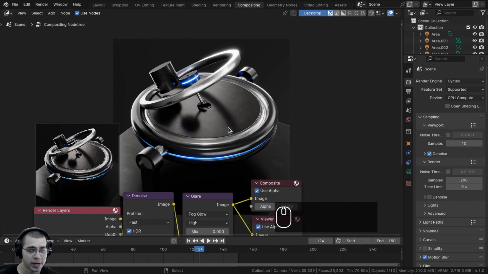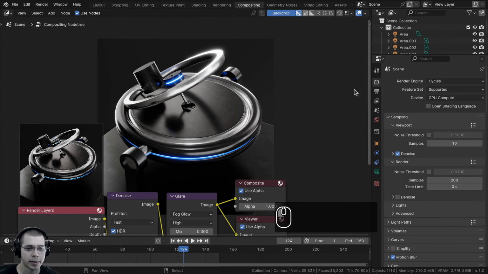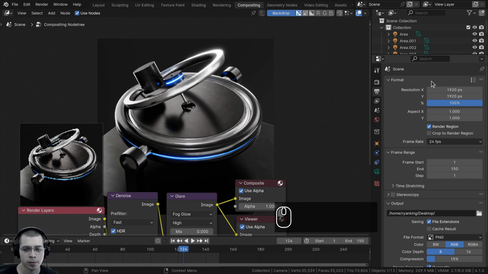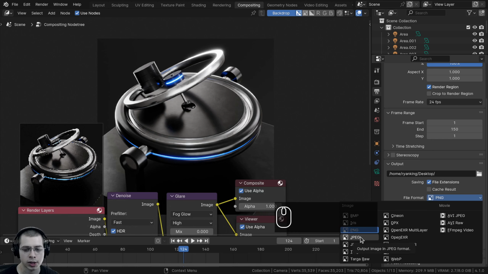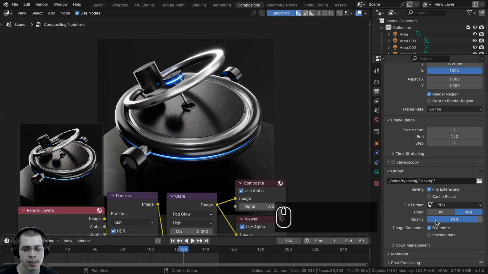Alright, so I'm now going to have this render all of the images to frames in a folder, and then we'll use Blender's video editor to compile the frames together and add the sound effects. So let's go here to the output properties, and right here on the output, I'm going to choose the file format of JPEG, or you could also use PNG, and then here on the quality, I'll turn that up to 100. And then here on the output, let's choose a folder here to save the images.